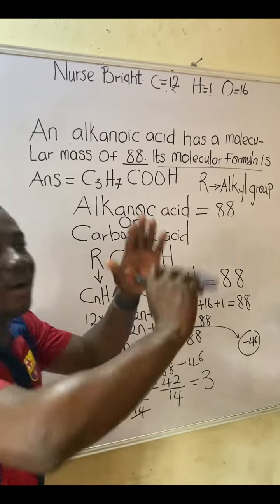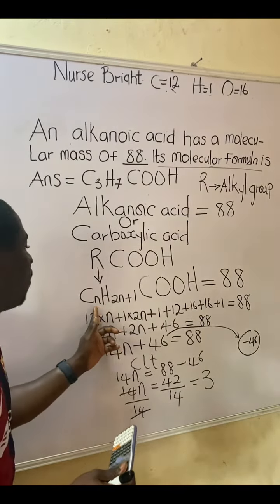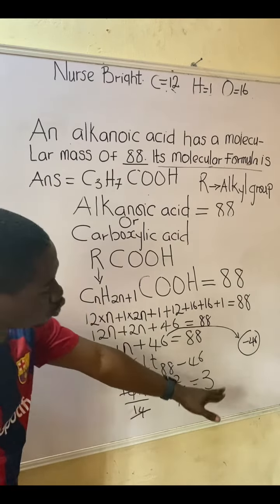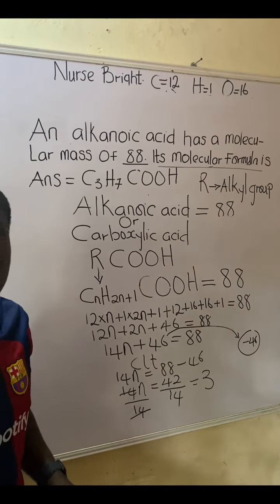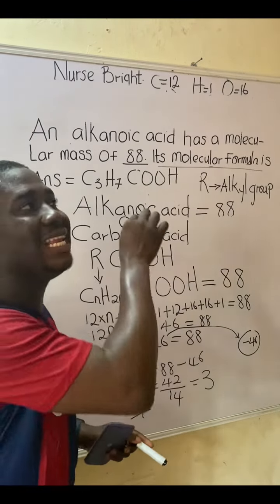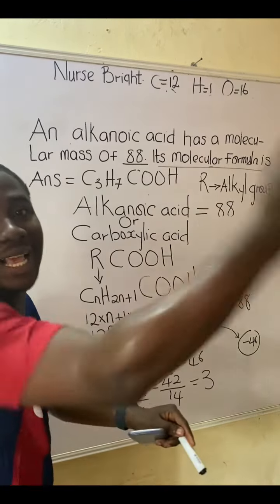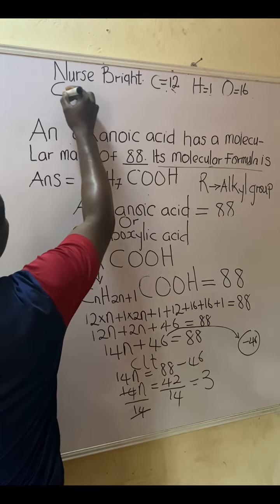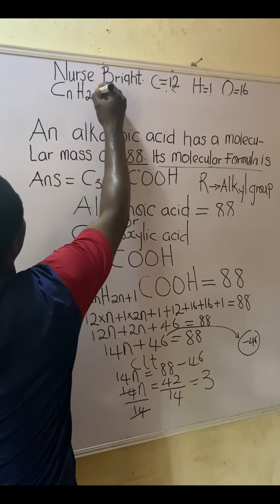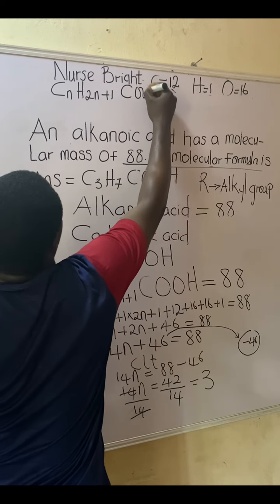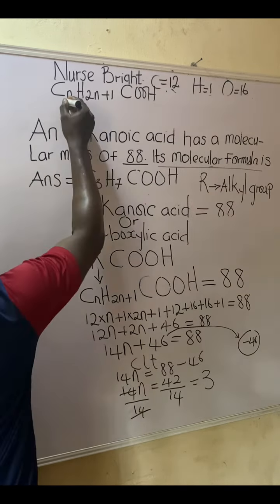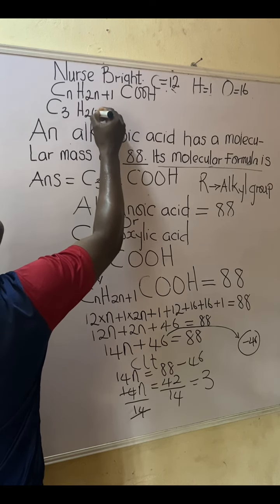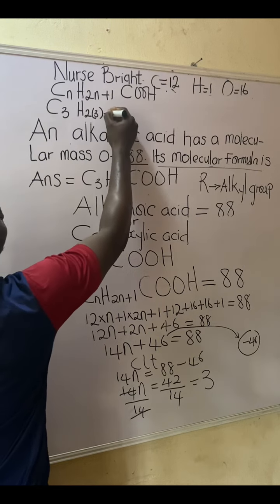So this is the general form they exist, but some part of the form was unknown, like this n which we solved for. I believe you can see how I got the value of n. So then the n in the general formula, we will just replace it with the value gotten, which is 3. Let's do that together. So basically, the initial general formula is CnH2n plus 1 COOH. So let us replace with our value of n. So we're going to get C3H2 into bracket 3. I believe you understand now. Plus 1